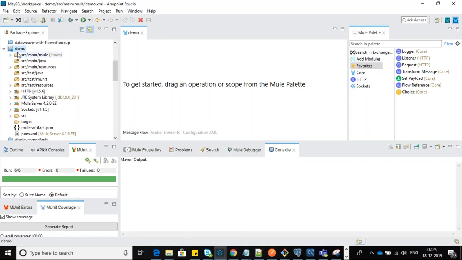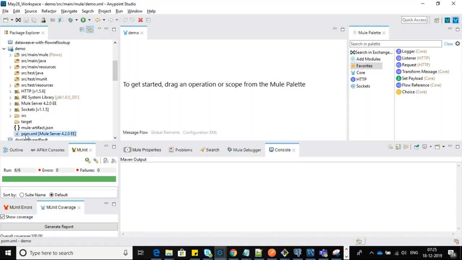Once you've created this, you can see the structure of the project, guys. These are all the folders and packages that get generated. The first one is, whatever project we create, it's POM based, Maven based by default. That's why you can see the pom.xml here. When you talk about dependencies and so on, this POM will take care of that. You don't need to download them externally.